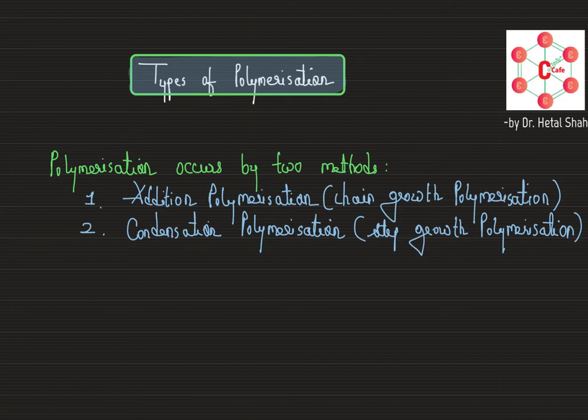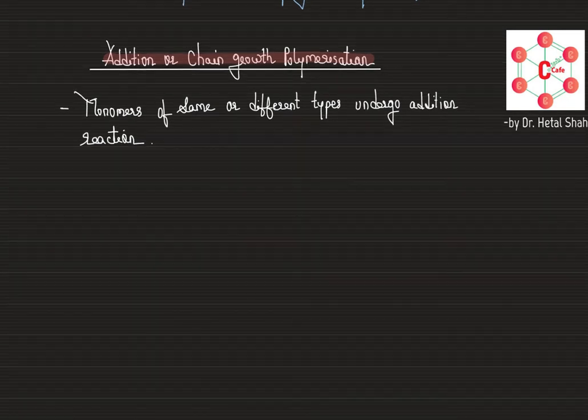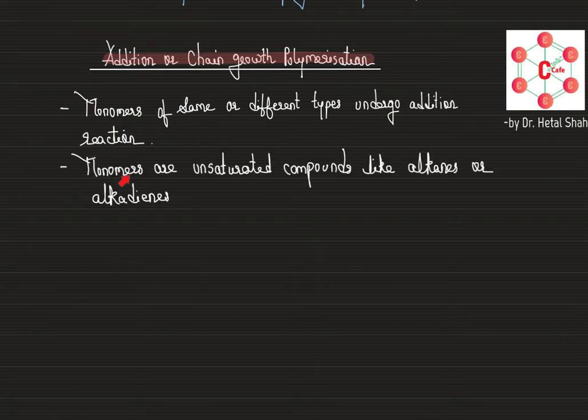All right, so basically we will be discussing these two methods in detail, and we would also take up some examples in each category. When we say addition or chain growth polymerization, the first thing we have to know is that monomers, which are either the same or of different types, undergo addition reaction to make a polymer. As the name tells you, the monomers have to undergo addition reaction, and addition reactions are generally shown by unsaturated compounds. So monomers are unsaturated, and thus they are compounds like alkenes